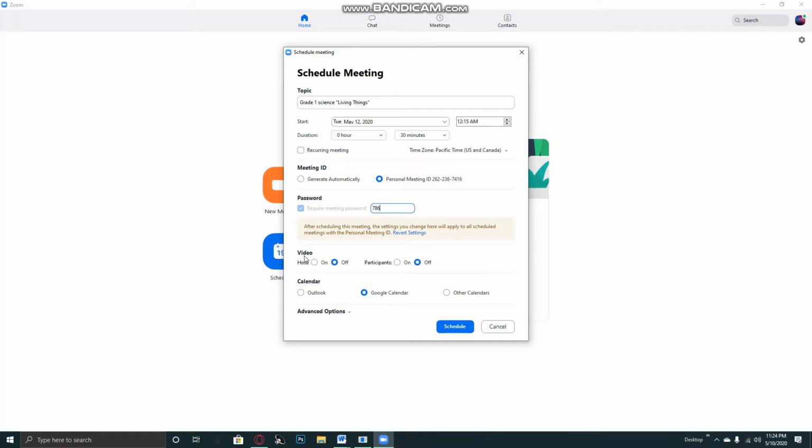Now after that, video option. Do you want your participants to join you with video or without video, or do you want to join the class with video or without video? If you opt for these two options off, this will help deal with the speed and bandwidth problem. Later on, you can turn on your video and you can ask any student to turn on camera so you can see things.